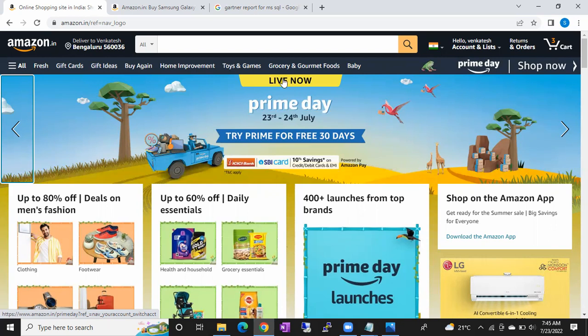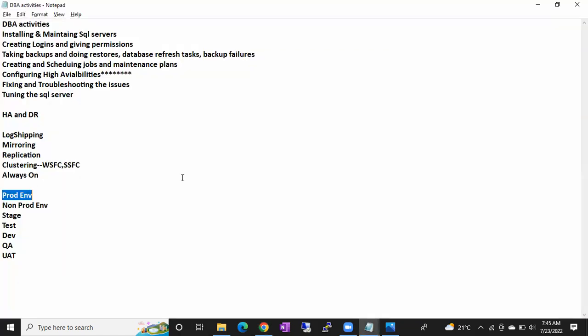So that's why, if I want to make any changes on the production servers, I don't do it directly on the production servers first. First I'll apply the same changes on the non-prod servers. If we find challenges in applying the changes, we will rectify all the issues and challenges, and finally we'll apply the same change on the production environment, guys.